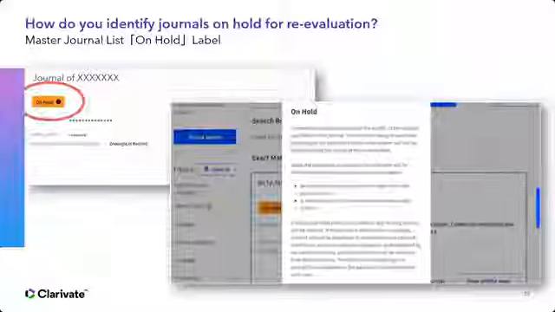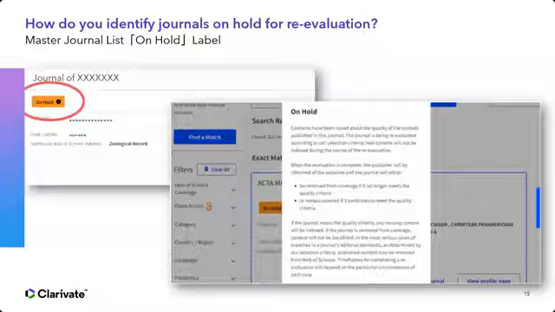We take this very seriously. So when we hear this feedback from multiple sources, we will flag these journals to be reevaluated. Upon reevaluation, if the journal continues to maintain our quality criteria, it will still remain in Web of Science. Otherwise, it will be removed.